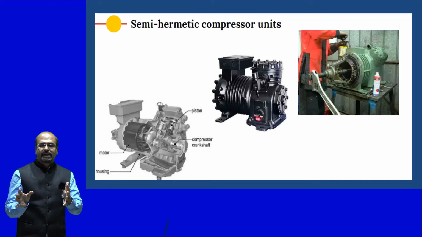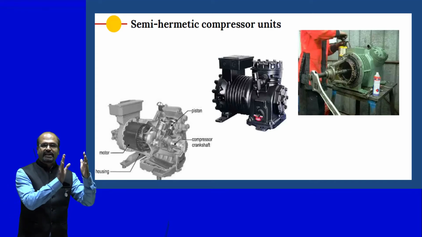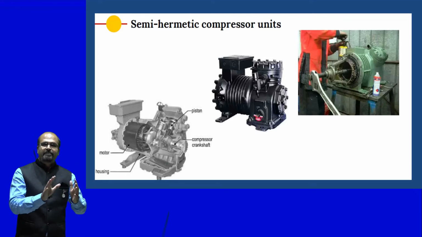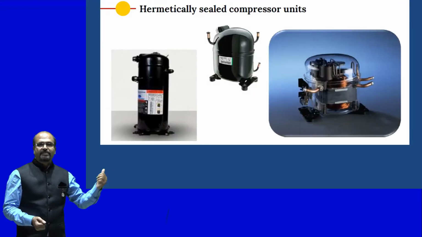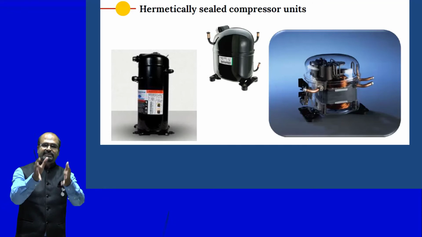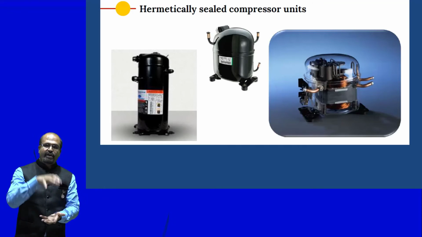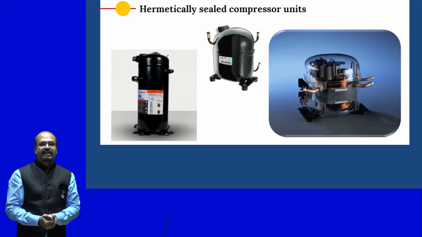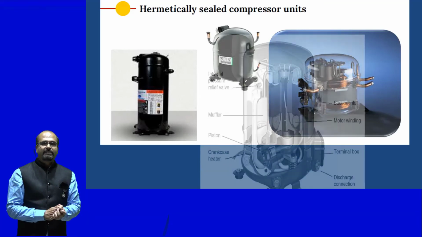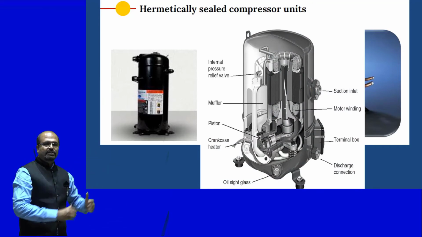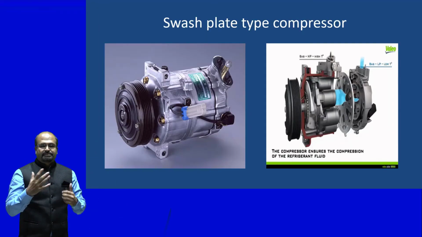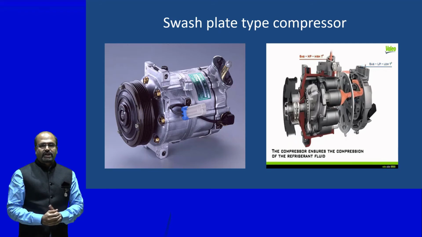Compressors are further classified depending upon the layout, like open type compressors and semi-hermetic compressors. In semi-hermetic compressors, the compressor and motor are assembled in one unit. These compressors can be dismantled for repair work. Hermetically sealed compressors, where compressor and motor are assembled in one unit and they are a permanent joint of the two shells. These compressors are not repairable. This is a cut section view of hermetically sealed compressor, where the compressor is at the bottom and motor is at the top.